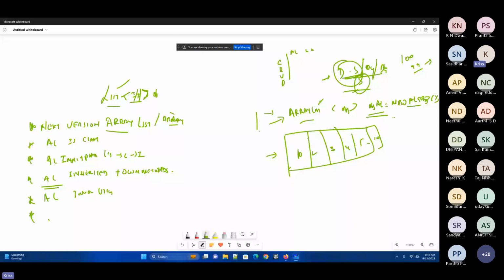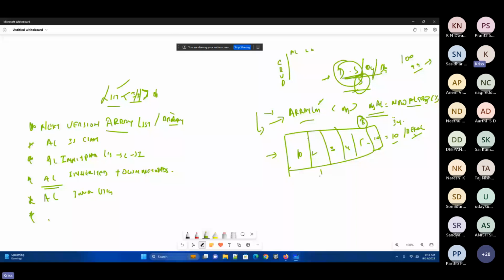Now, I stored here till the 8th element. 8 elements I have stored. So now how many elements can I store here? Overall 10. This is the initial capacity or default capacity. It can be called default capacity or initial capacity, whatever the name, both are the same. Now I stored 8 elements. Now what this will do is,